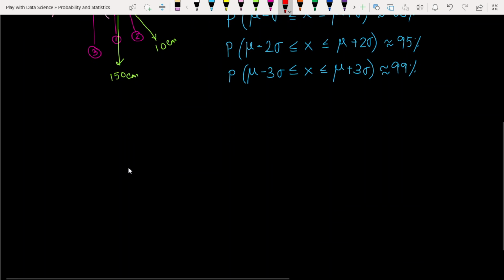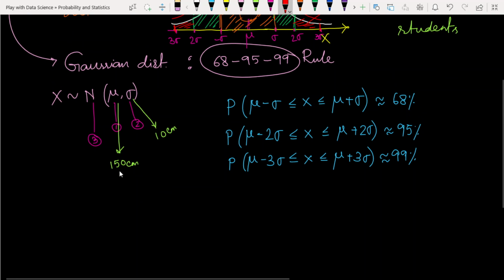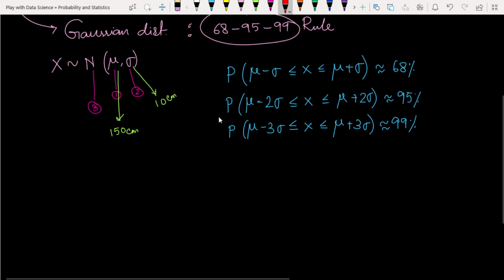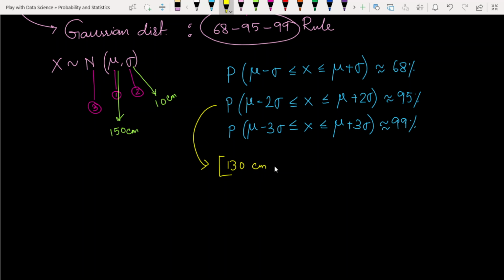Suppose in this example our mean is 150 and standard deviation is 10 centimeters. Then from this formula we can easily conclude that in the range of mu minus 2 sigma, 150 minus 20, 130, to 170 centimeters,